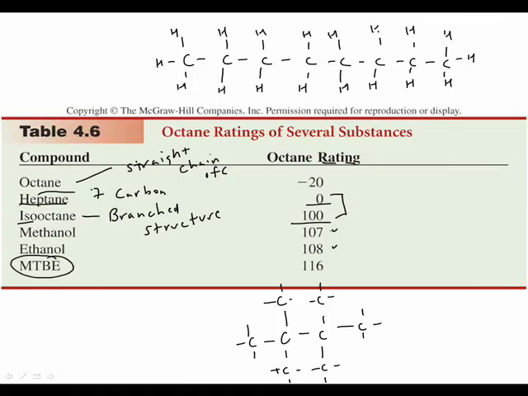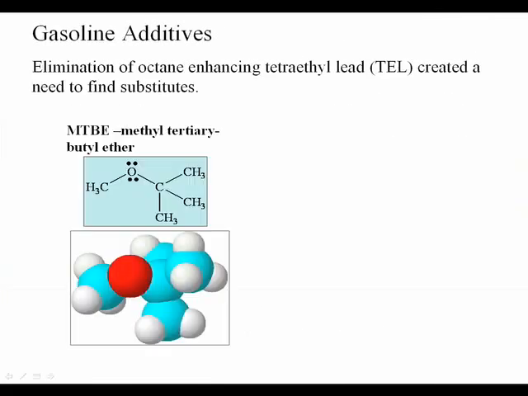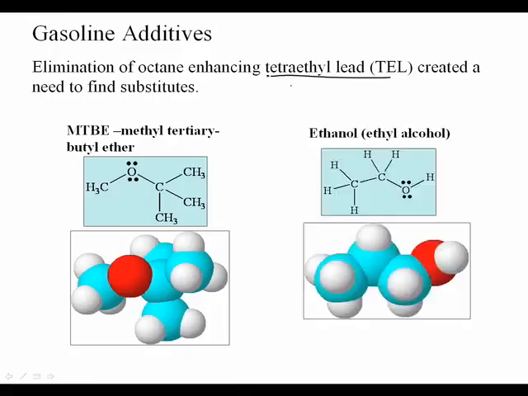What about this MTBE? This is an additive they put into gasoline, again, to make it behave better. It is a molecule with oxygen in it, so it makes it fire more easily. These are additions that were made to enhance the performance after the elimination of the lead. And there is my ethanol. She also has an oxygen in her that makes it burn differently, a better performing fuel.